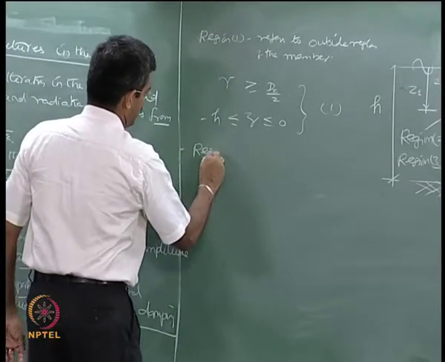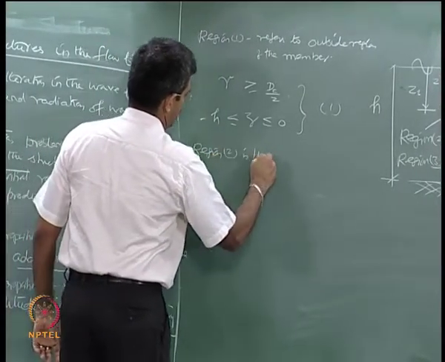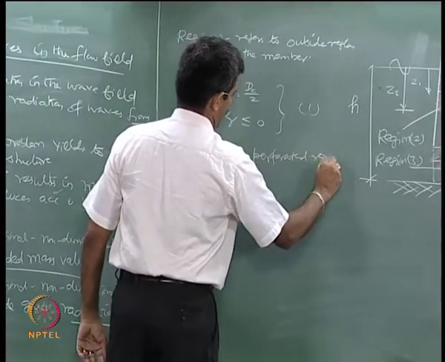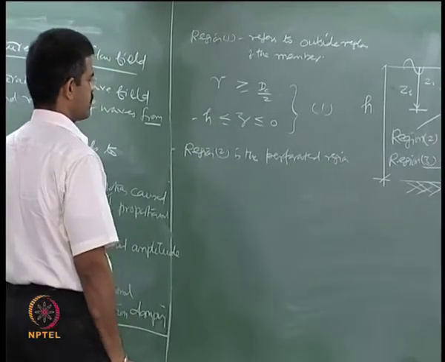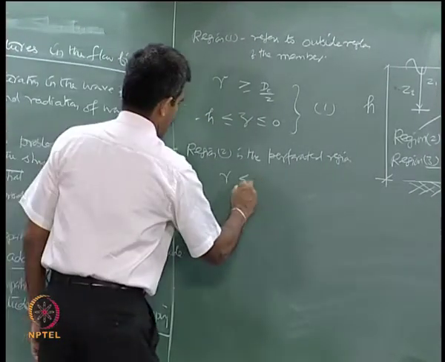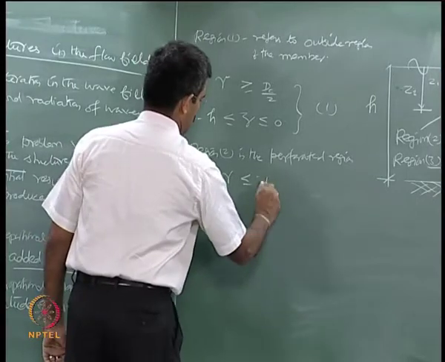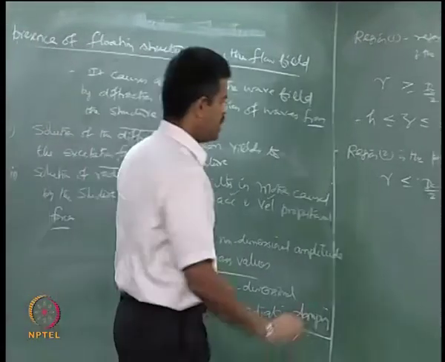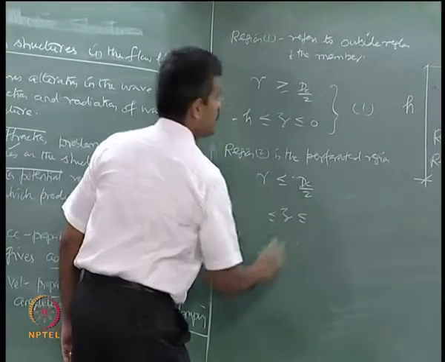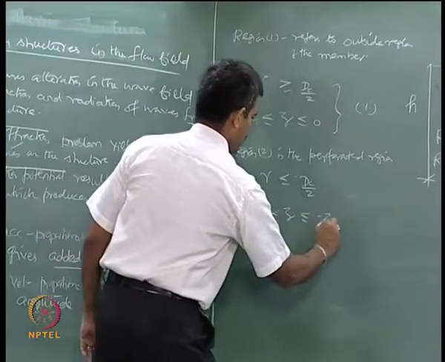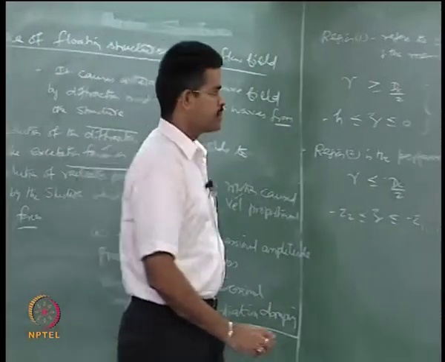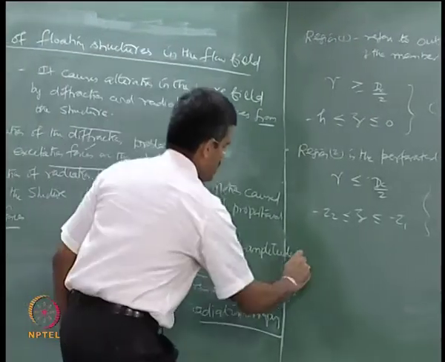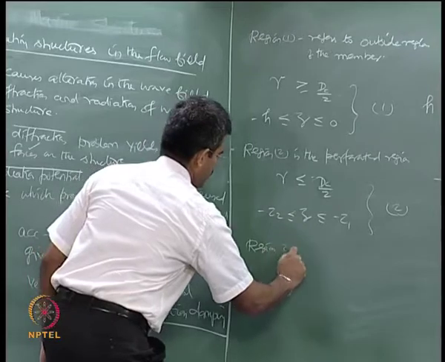Region 2 is my perforated region, where r is less than equal to dc by 2 and z varies between minus Z2 to minus Z1. Is that okay? This is equation number 2. Region 3 is the region